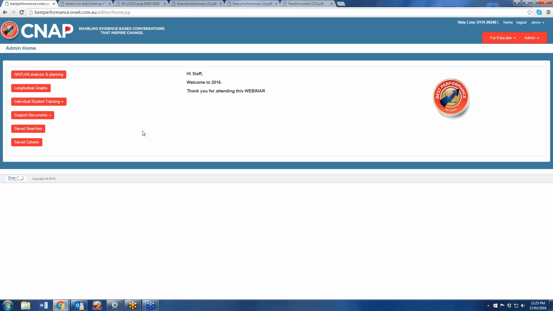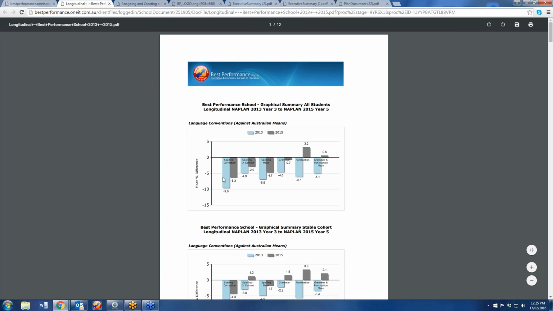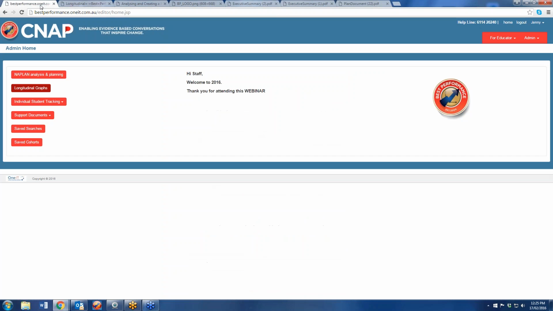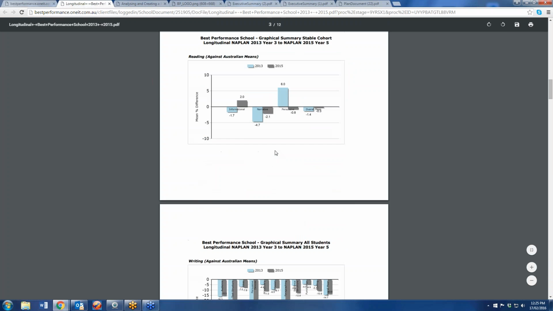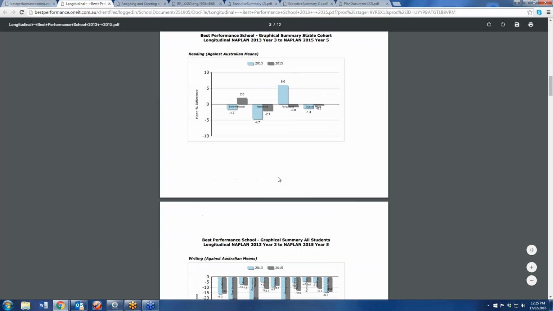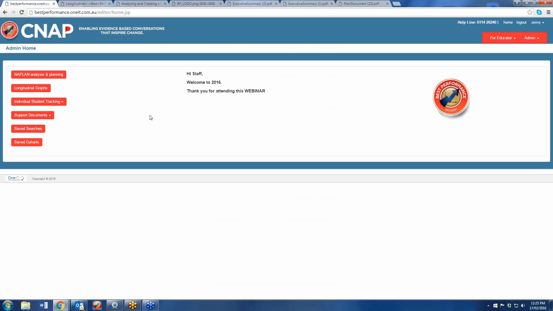So if you do use the 2s, 4s and 6s product, you're not waiting 4 or 6 weeks anymore for the off-years testing. It's available instantaneously on CNAP, and what it gives you is the capacity to do a longitudinal analysis across all year levels, not just 3 to 5, which can be a powerful analysis tool, particularly for a stable cohort. But that feature's not up there yet.